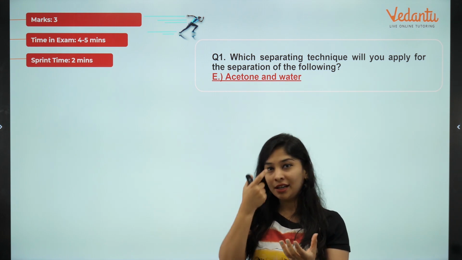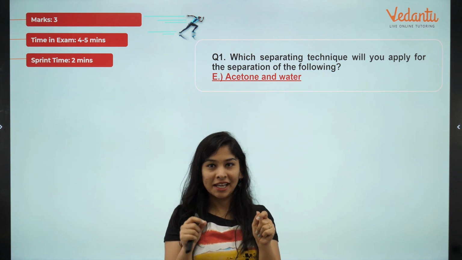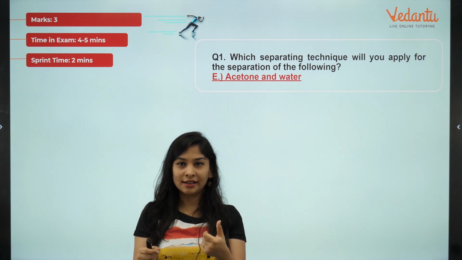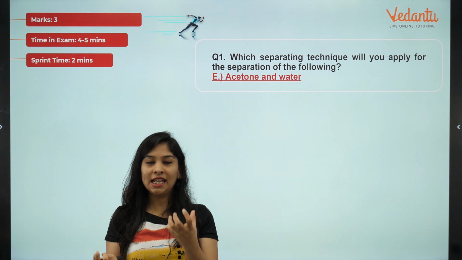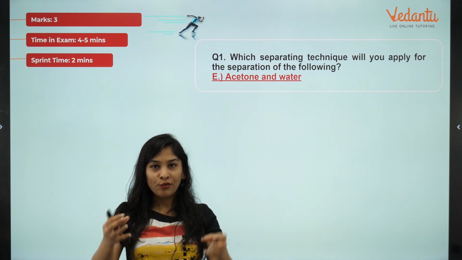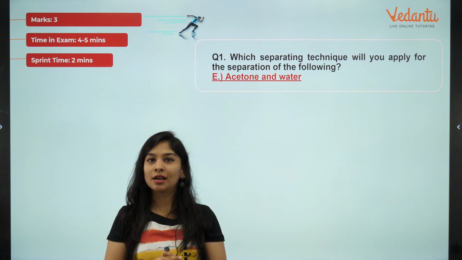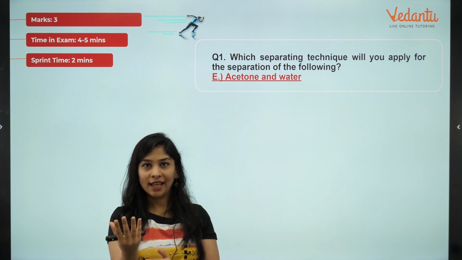Acetone is what you have seen in your day-to-day life, nail polish remover. Okay, that can be colored also. You might say, ma'am, it looks like a different color, but the actual color is colorless. They add color to make it attractive. So that's a colorless liquid. Then we have water. When you mix these two things with each other, they are going to mix completely, and you are not able to distinguish just by looking whether it is water or acetone.